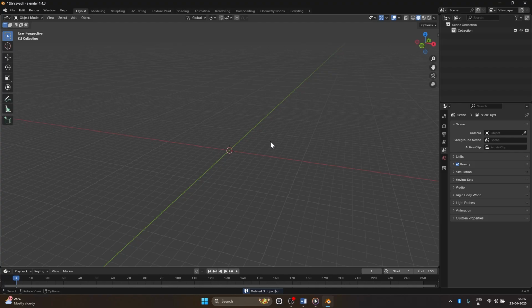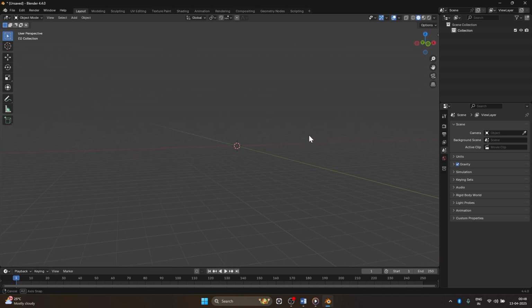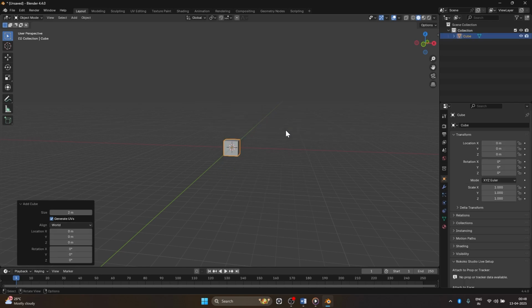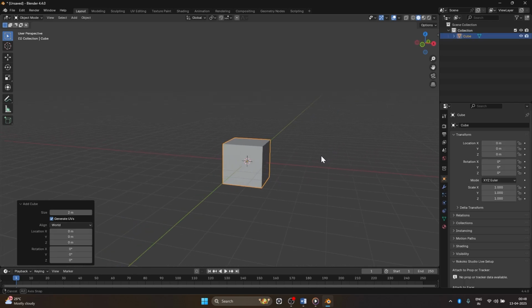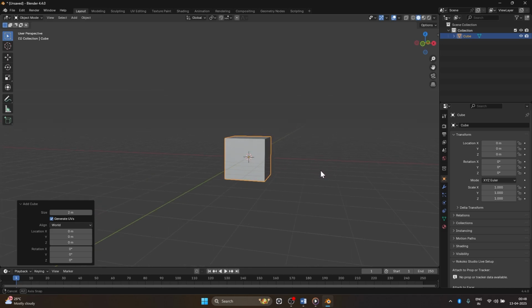Alright guys, so let's first start making the character. So first of all, I'm not a good 3D modeler. This is like the most basic tutorial on making a human you'll ever see. We'll make this human out of this. So let's press